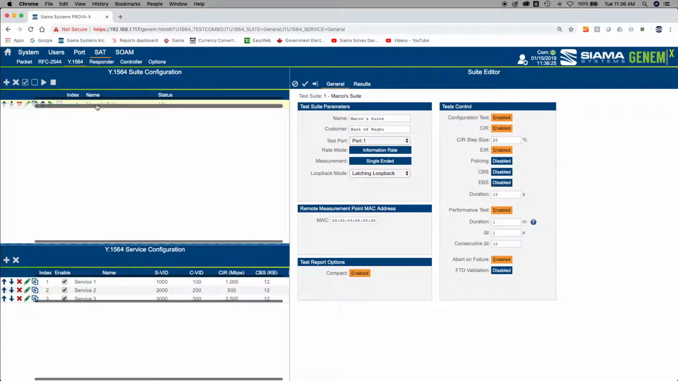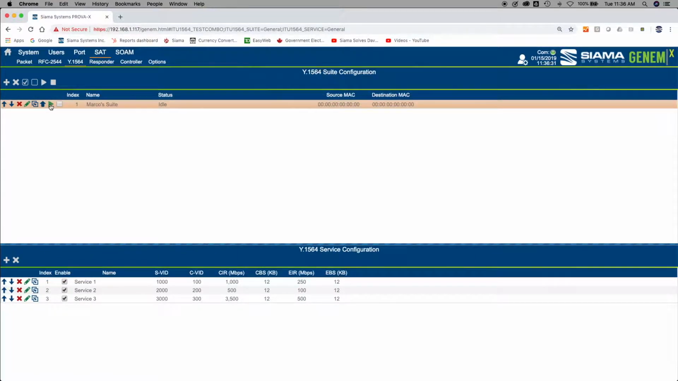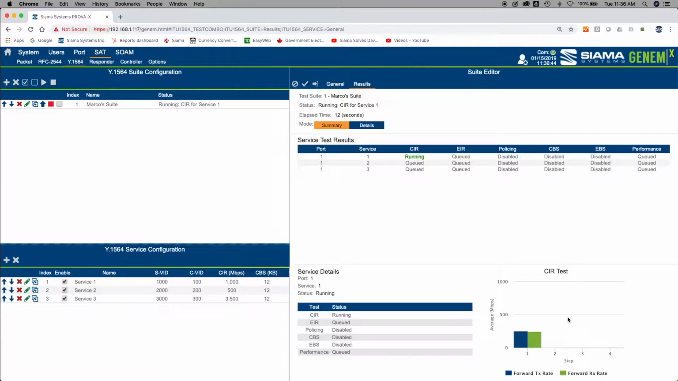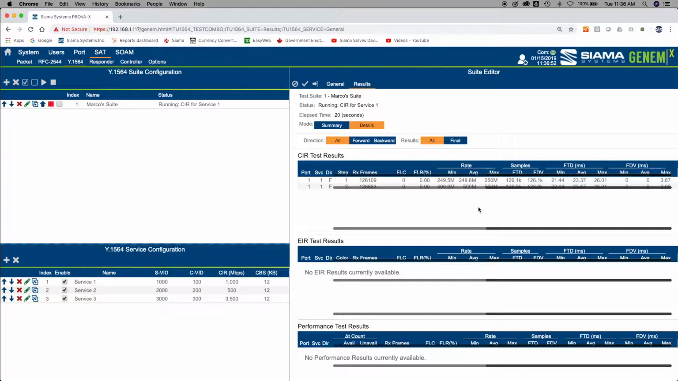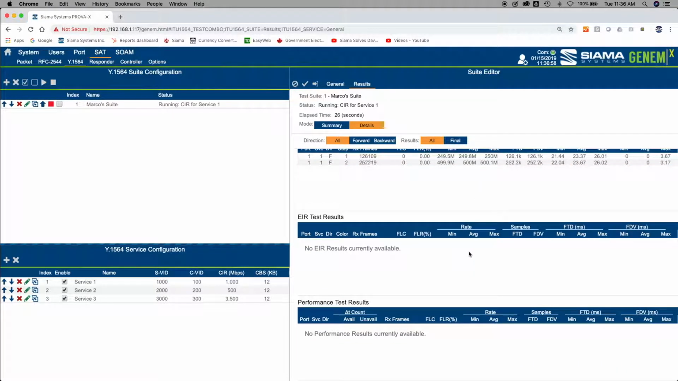So I'm going to go ahead and initiate this test suite. If we just simply click the play button, you'll see here that it's going to loop back the device and our remote destination MAC address was automatically discovered, right? And you can see here it's going to run through the CIR test, EIR test for each of the services. And if we want to click on details, you can see here running through the different services. And then it's going to go from the configuration test to the performance test, and we'll be able to export